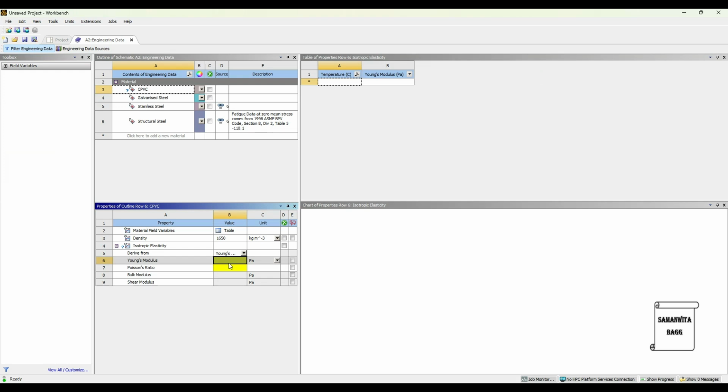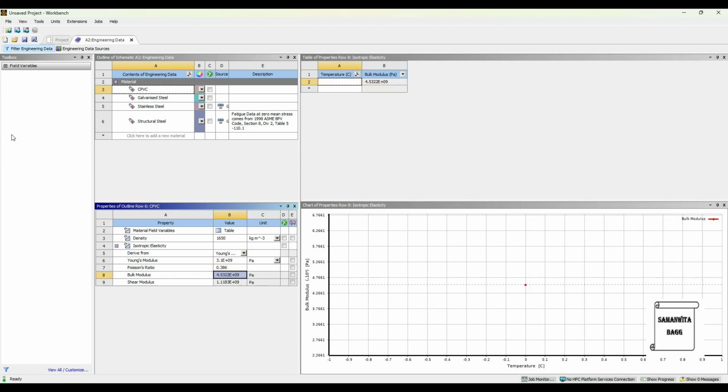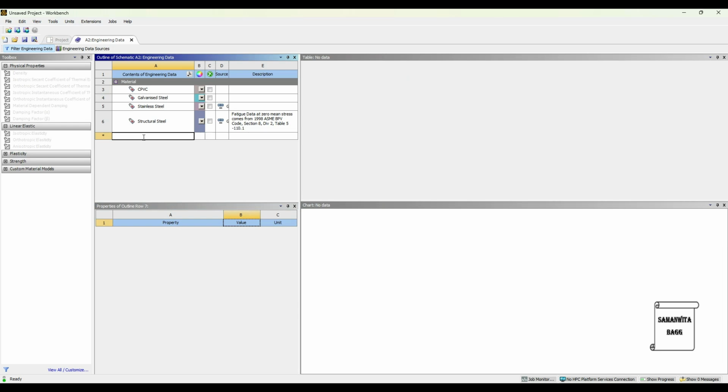The value is 3.1 gigapascal. So 3.1 E9. Value of Poisson's ratio is 0.386.